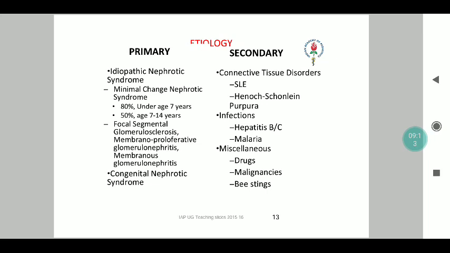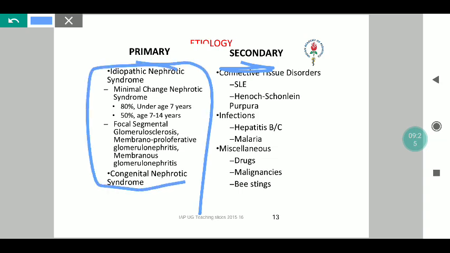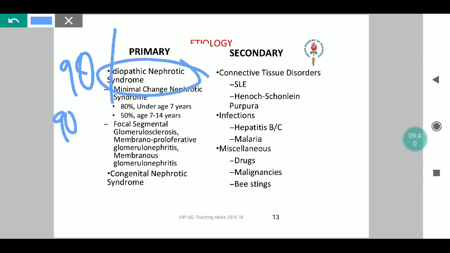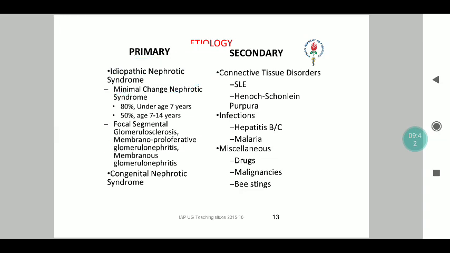And coming to the etiology, we classify it into two. One is primary and one is secondary. And as with most classifications, secondary causes are mostly because of some underlying disorder. Primary is because of per se renal involvement. Out of this classification, it is important to note almost 90% are primary. And out of those 90%, most are idiopathic. So amongst the idiopathic, we have a subvariety called minimal change nephrotic syndrome.